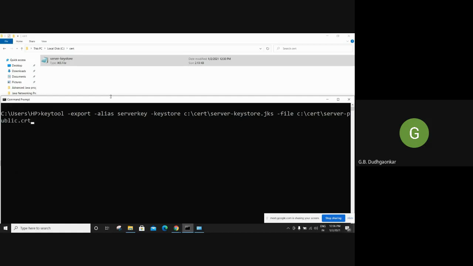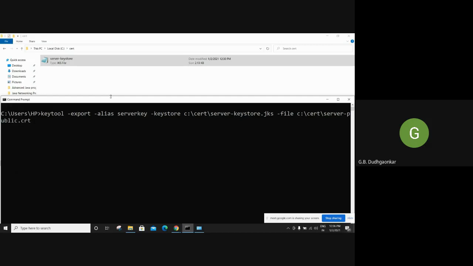The same alias we have to type. Keystore, the same path where that JKS file is stored after creating. That path we have to give fully. Then at what file name we have to write the key. So the file option is there. So -file. Then we can use the same path or a different path, as I just told you.